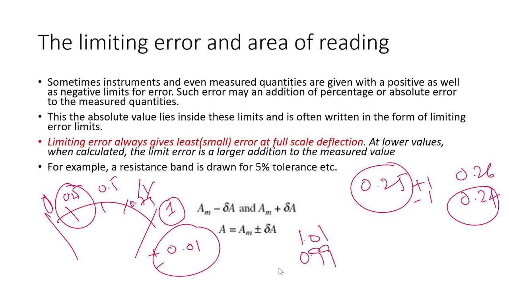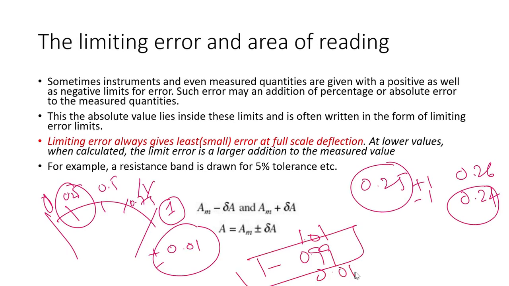So 0.99 with respect to 1 is 0.01, but this is a very minute part of the 0.9. But the same 0.01 is a very bigger part of 0.25 or 0.24. So limiting error gives least error at full scale deflection,